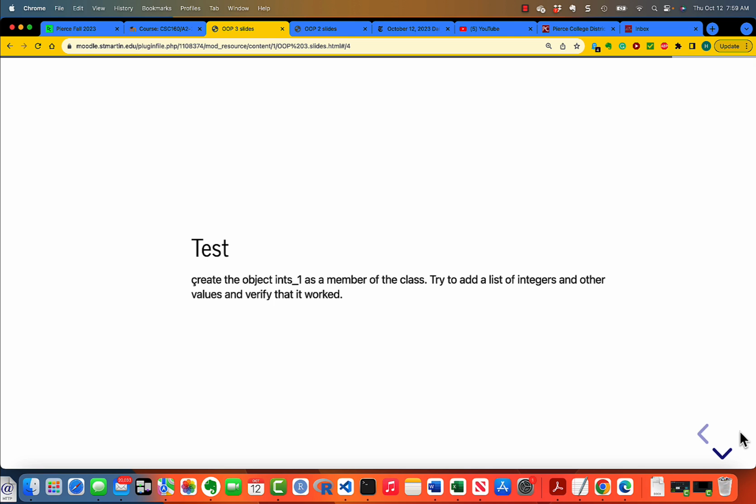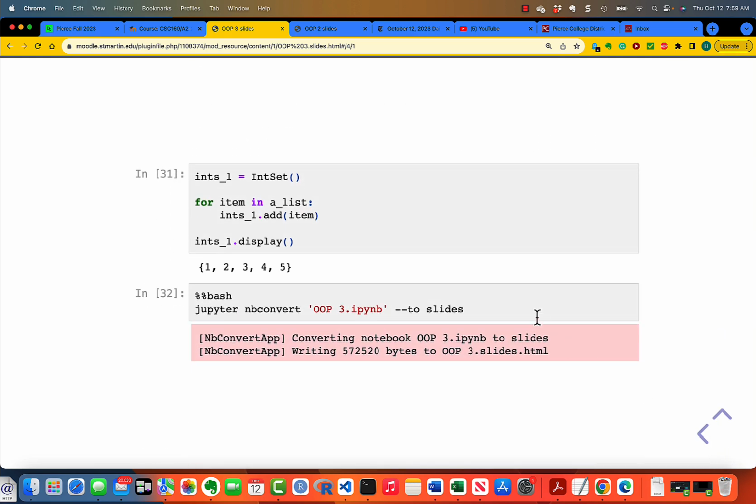So I want you to create the object int1 as a member of the class. Try to add a list of integers and other values, and then verify that it worked. Okay? So pause the video, go ahead and do that, and then we'll take a look. Okay, let's take a look. So I created int1 as a member of the class IntSet,